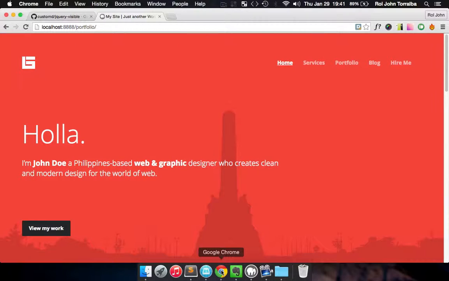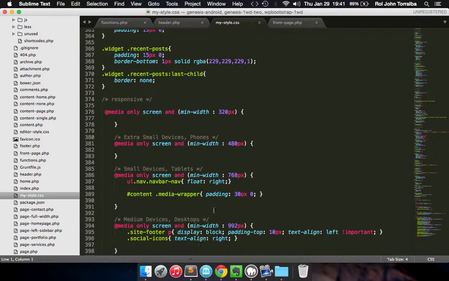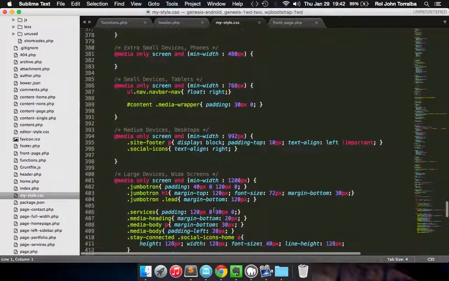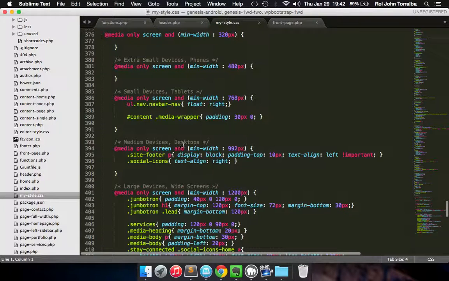Oh yeah, and before I forget, we only want to add the animation for desktop devices because some effects may not look good on mobile, especially the other mobile browsers don't support animation. So just to be on the safe side, it's best to leave out mobile animations. To do that, we'll need to add the CSS code into the desktop media query. So it's right this part right here, meaning this will only affect